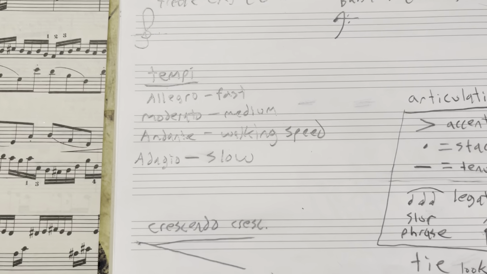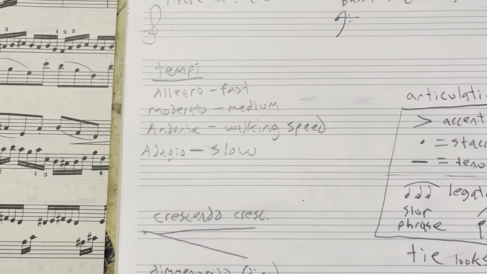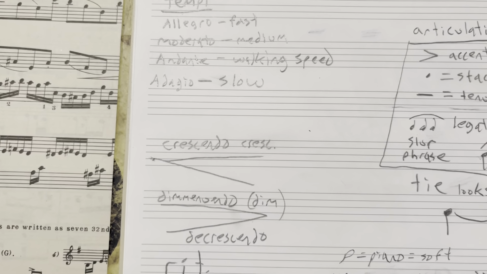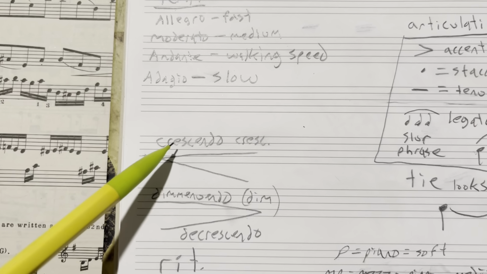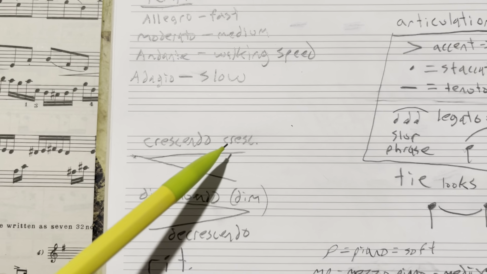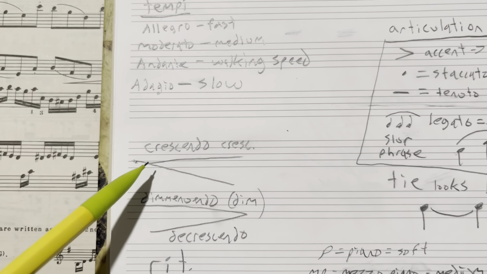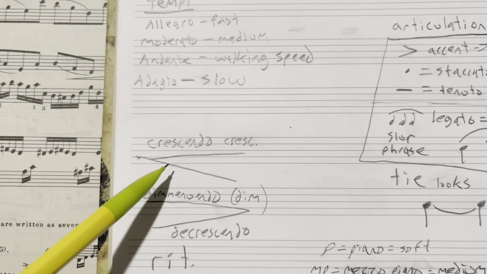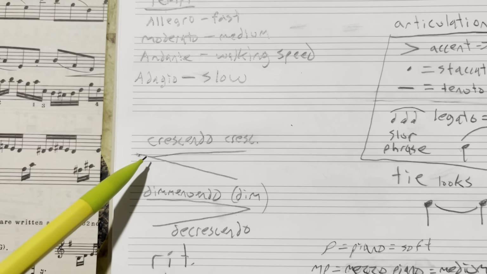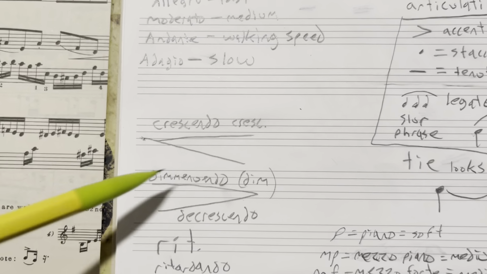And then we have ways to manipulate the volume. I'll just kind of go down this list. We have what we would call a crescendo, sometimes abbreviated as cresc. And it just starts here, and I love this shape because it implies what we do very well. You start quiet and you go, ah! And then a